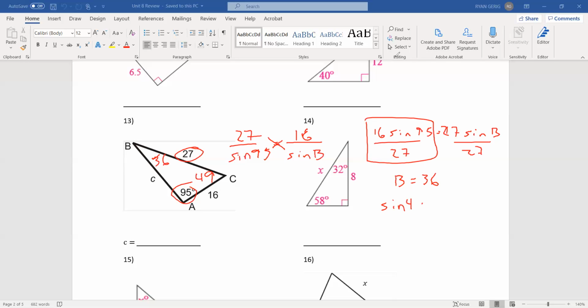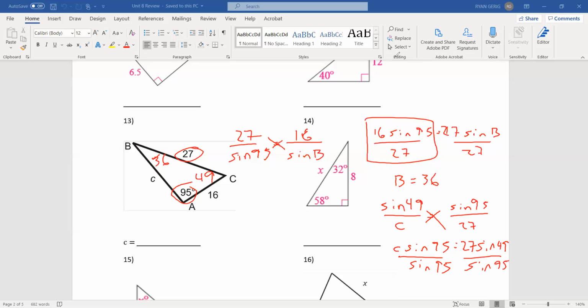Sine of 49 over C equals, and I'm going to use the unrounded version, so that would be the one that I started with, so sine of 95 over 27. Cross multiply, I get C sine 95 equals 27 sine 49. Divide by the sine of 95. Like I said, a lot of space needed to do your work. 27 sine 95,